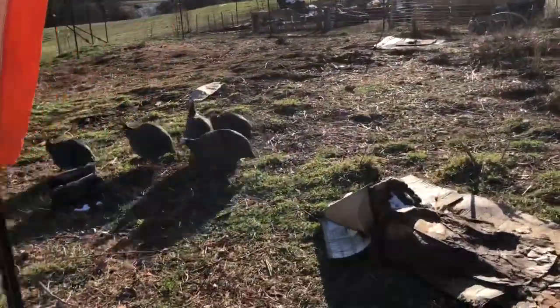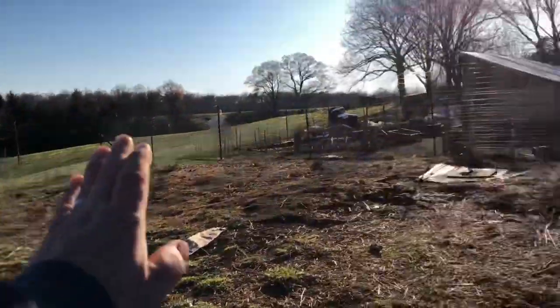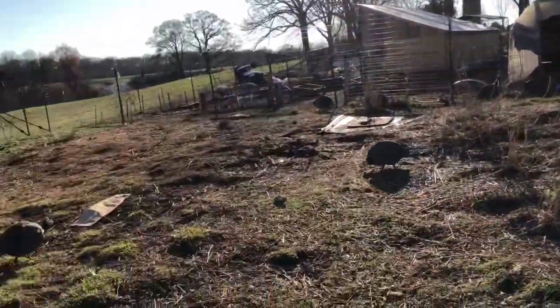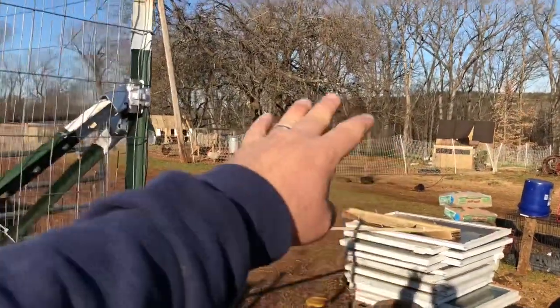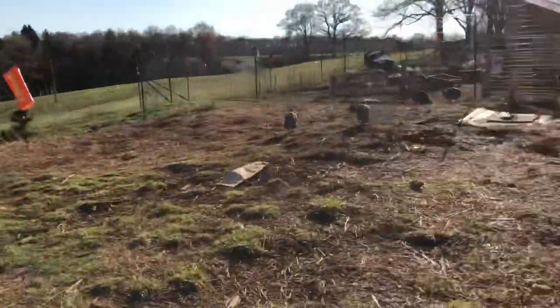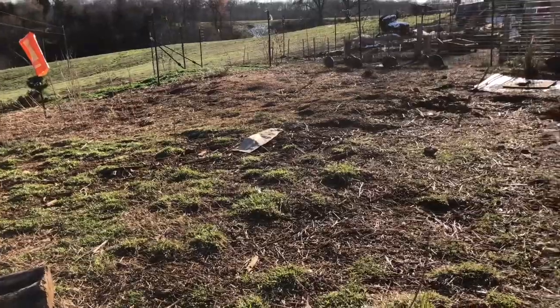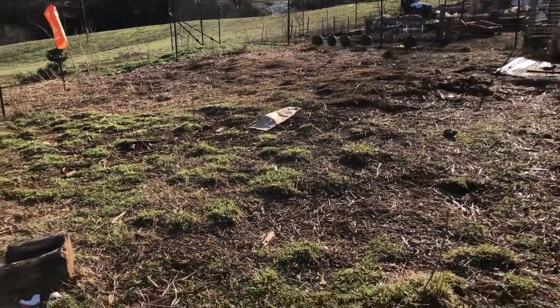Hi, guineas. Getting more guineas this year, by the way. But they were in this area here. They had a house, and when I moved everybody over to the much larger rooster run, which is about 3,000 square feet, this was all emptied. I'm going to try and set up a really nice composting operation here with food scraps